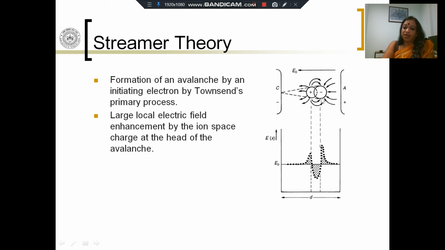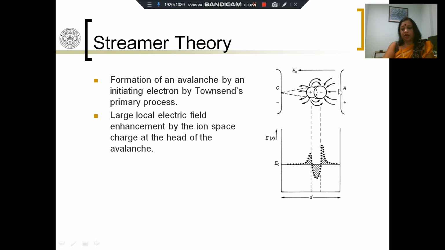So in both these cases, what we see is we have a field intensification. That is, the applied field gets enhanced in front of this space charge, in front of these charges. They get highly enhanced, so the field is much higher, and they get a bit enhanced behind this